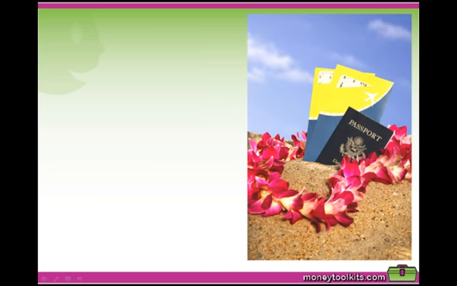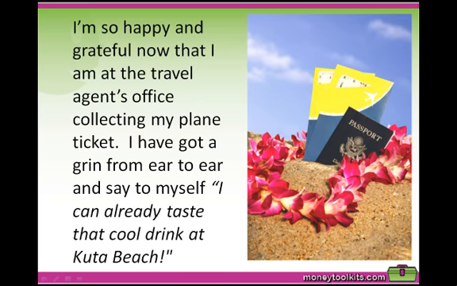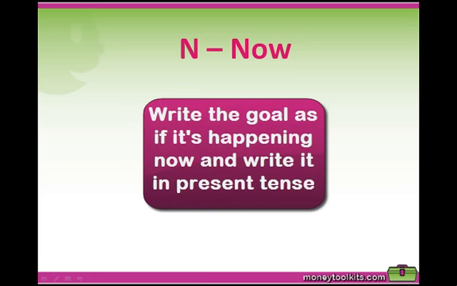So adding these words into the goal, it would read, I'm so happy and grateful now that I'm at the travel agent's office collecting my plane ticket. I've got a grin from ear to ear and say to myself, I can already taste that cool drink at Kuta Beach. So the next ingredient is N, which means that we write the goal as if it's happening now